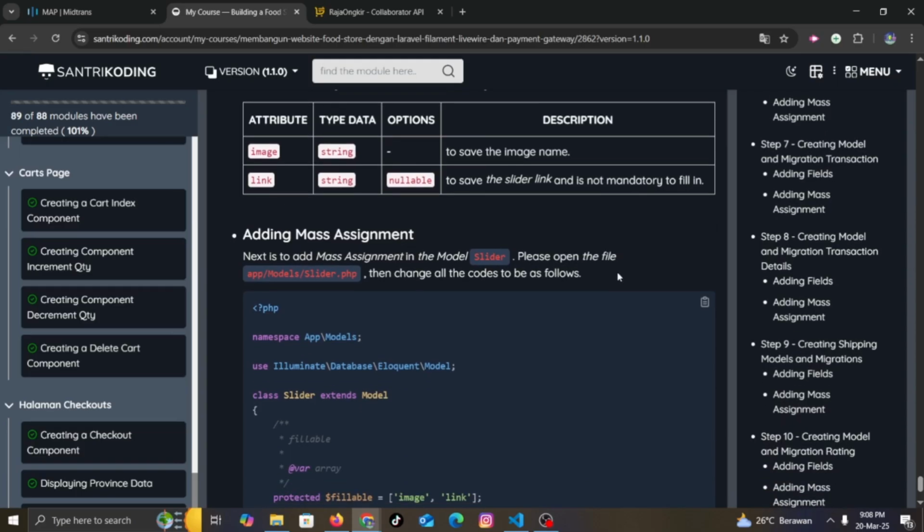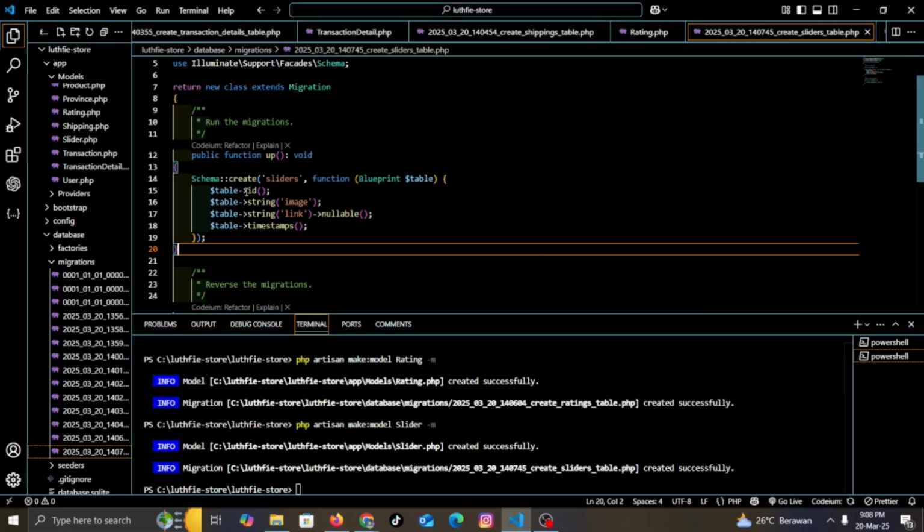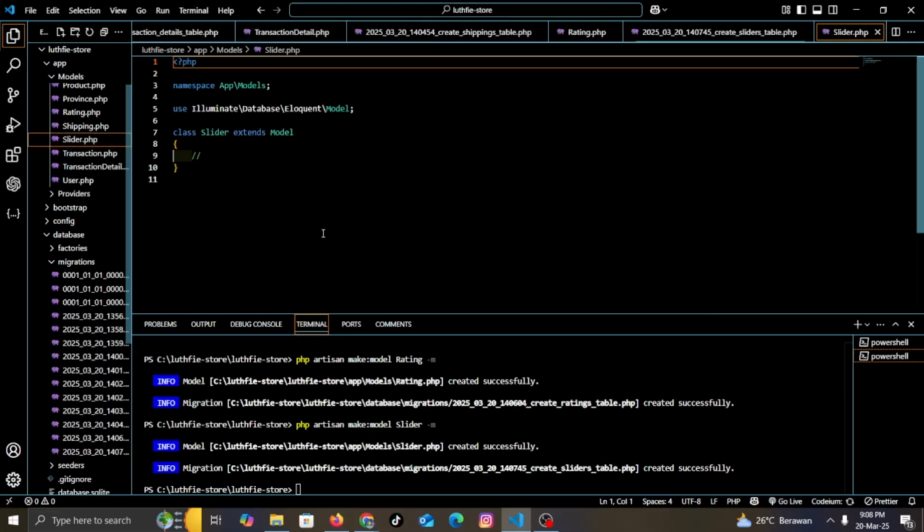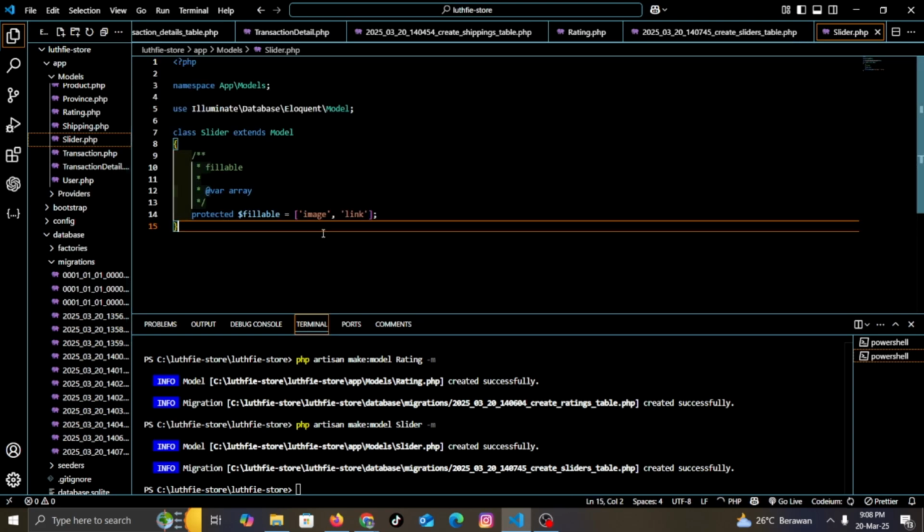Mass assignment. Next, to add mass assignment in the model Slider, please open the file Slider, and then